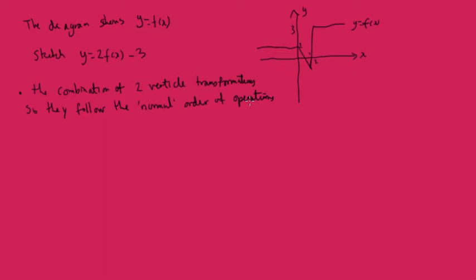So that would mean, with the order of operations, because the order matters with vertical transformations, the normal order of operations would be you multiply first and then you divide, or you add or subtract. So we will sketch, first we're going to sketch y equals f of x